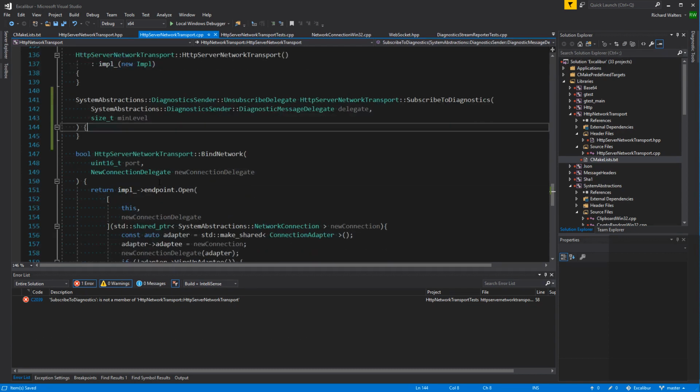Okay, so do we just want to forward it to the network connection? Or do we want to build in the address of the port?